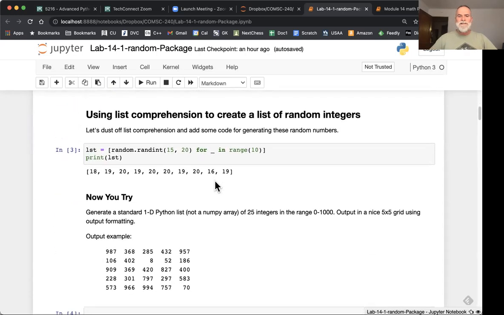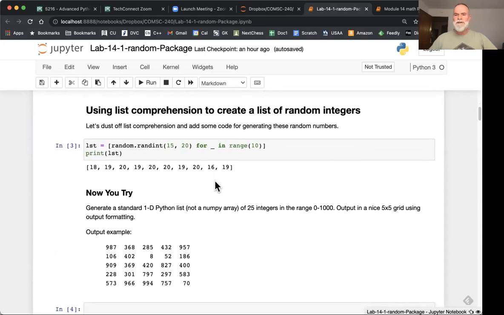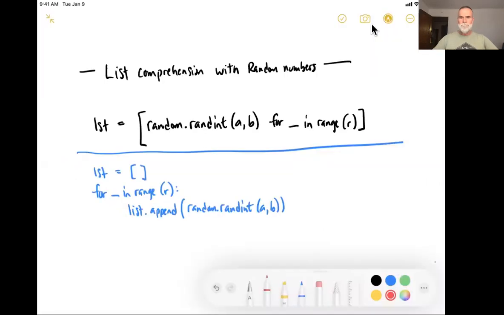Now up next is just a very quick way to use list comprehension to create your set of random integers. Let's break this down over on the whiteboard. All right, hopefully you're seeing the whiteboard now. So this statement here will create a list using list comprehension of random integers in a certain range, A to B. Here is the list comprehension